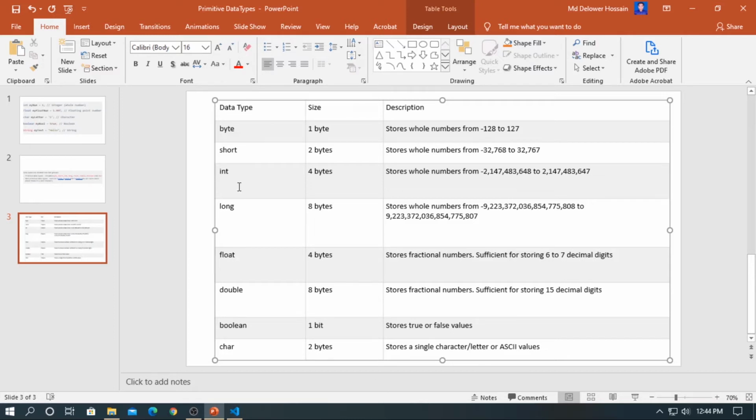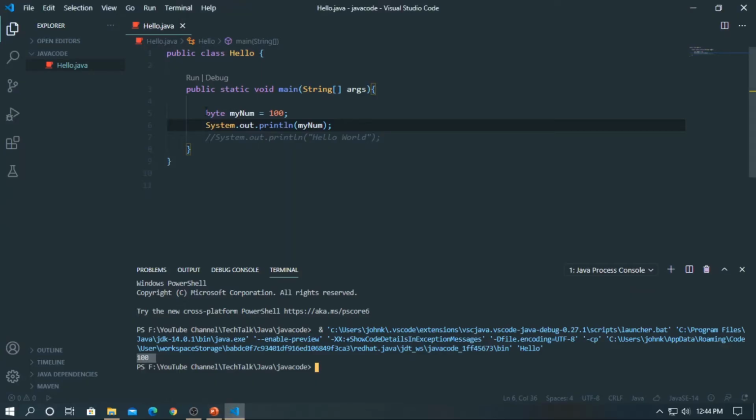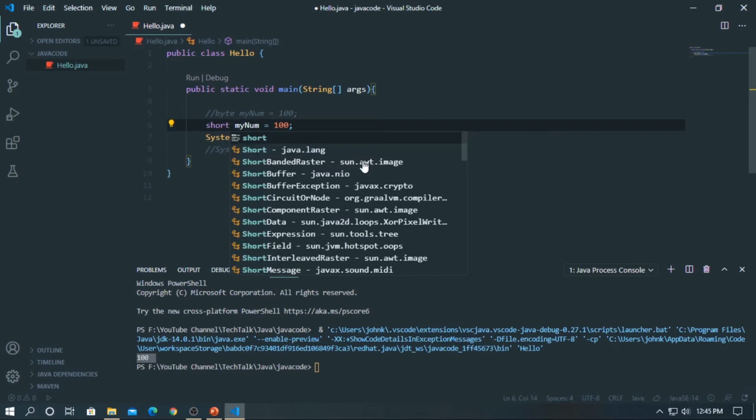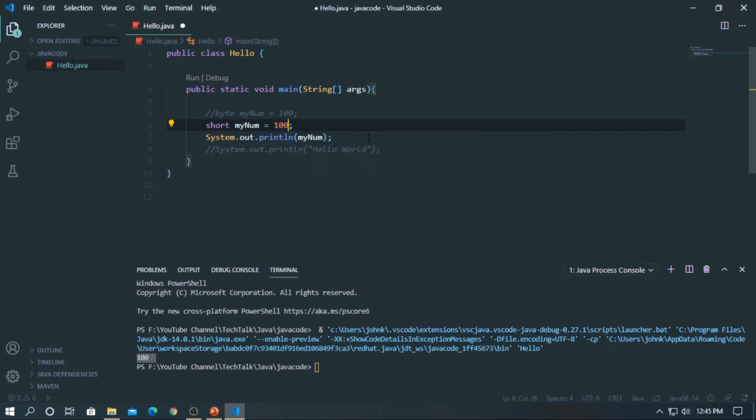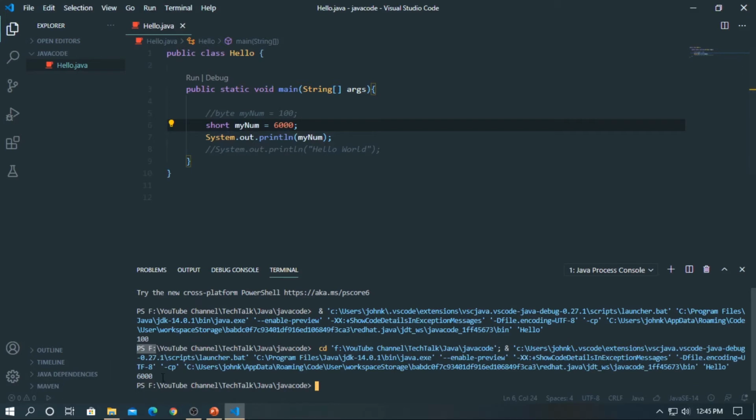Let's write an example of short. Short my number 1000. Let's run this code. It's printing 1000.